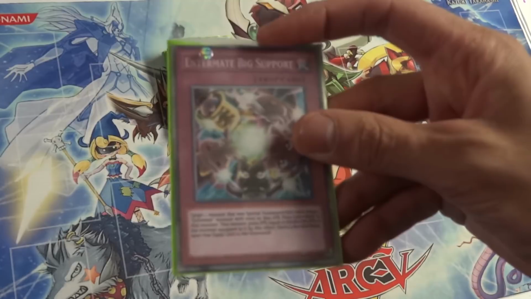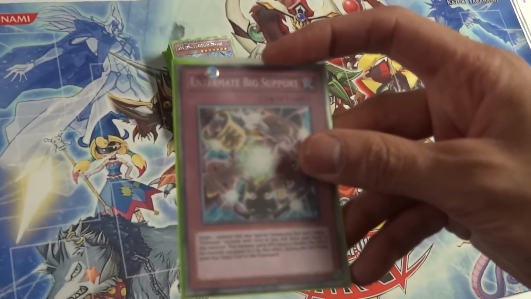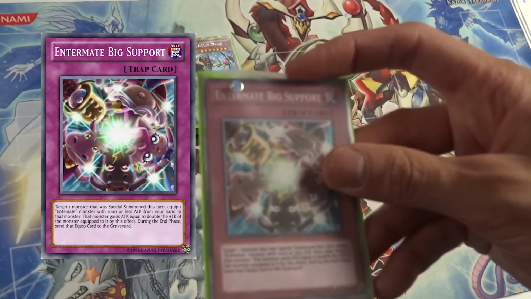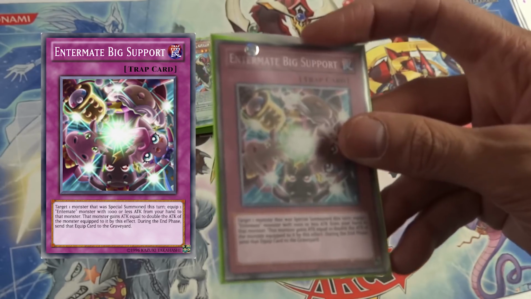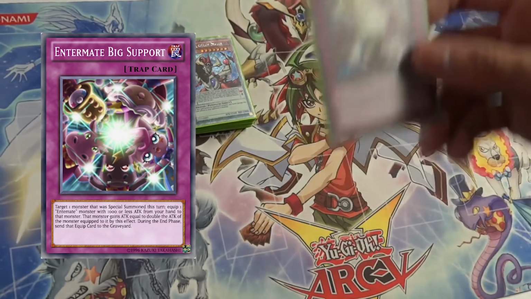Its effect is: target one monster that was special summoned this turn, equip one Performapal monster with 1,000 or less attack from your hand to that monster. That monster gains attack equal to double the attack of the monster equipped by this effect. During the end phase, send the equipped cards to the graveyard. So it's kind of like a last resort,